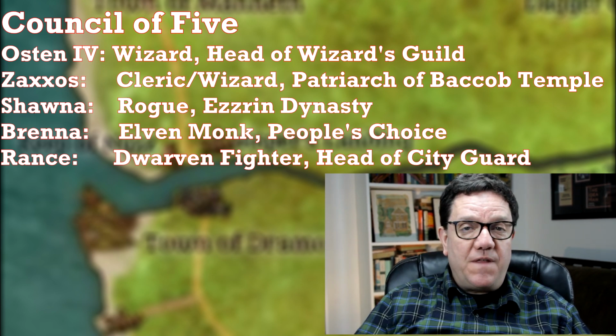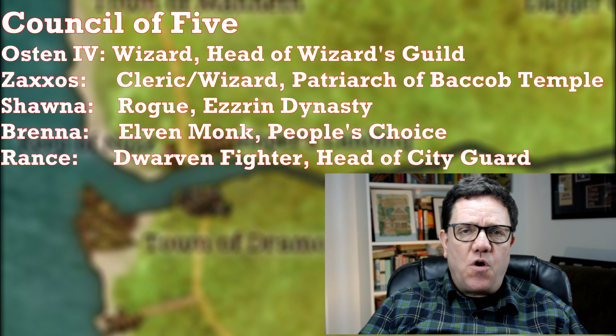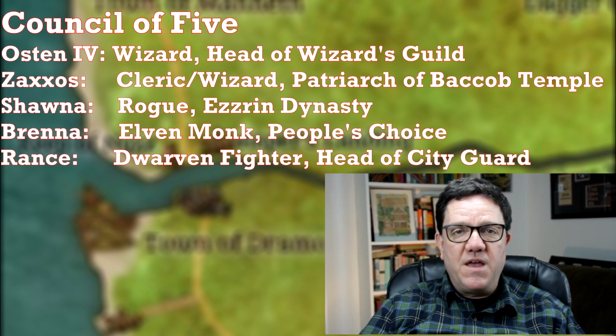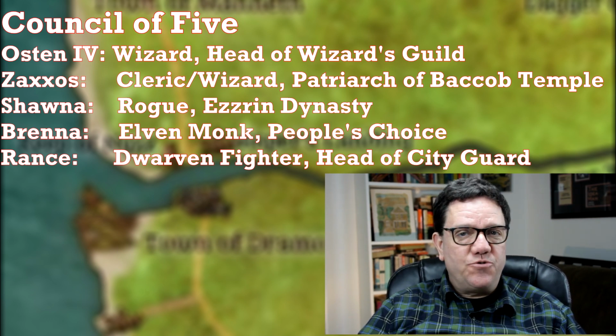So they have someone on the council. Her name is Shauna. She's the daughter of the matriarch of the Ezrin clan, Parthenia, back in Elsinux, and she's there to represent their interests. Again, they have a lot of money. If they have some works they need to do or raising troops, the Ezrin clan has money to lend,